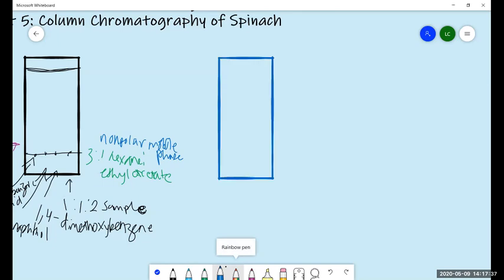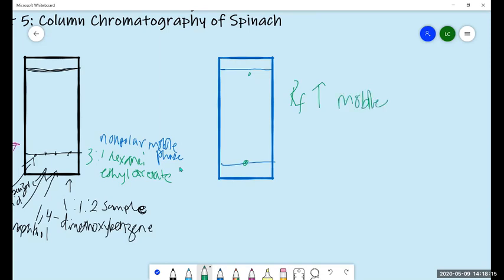If you have 100% of your mobile phase, and something really likes the mobile phase and interacts more with it, then you will get a higher RF value. So if RF is higher, that means it likes the